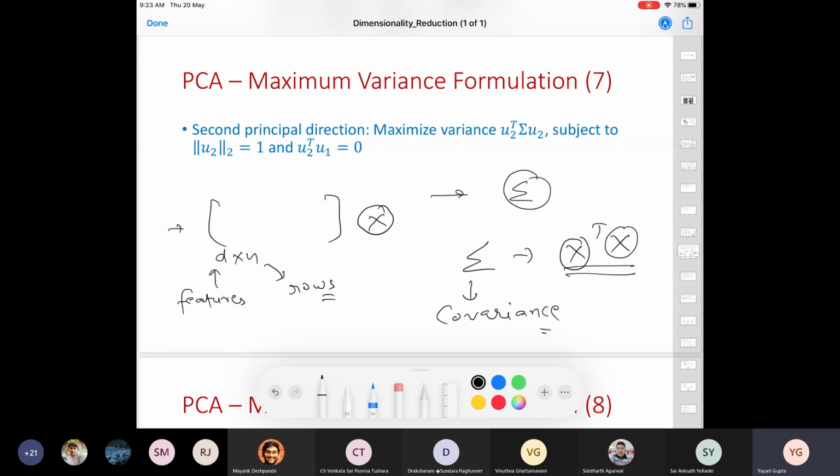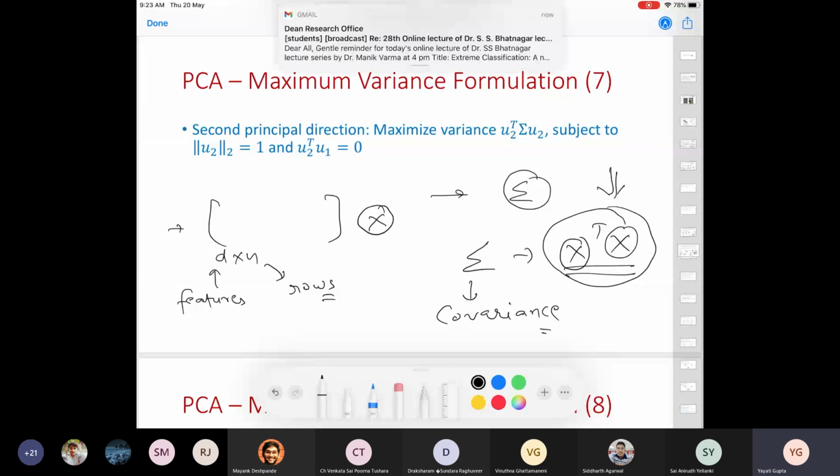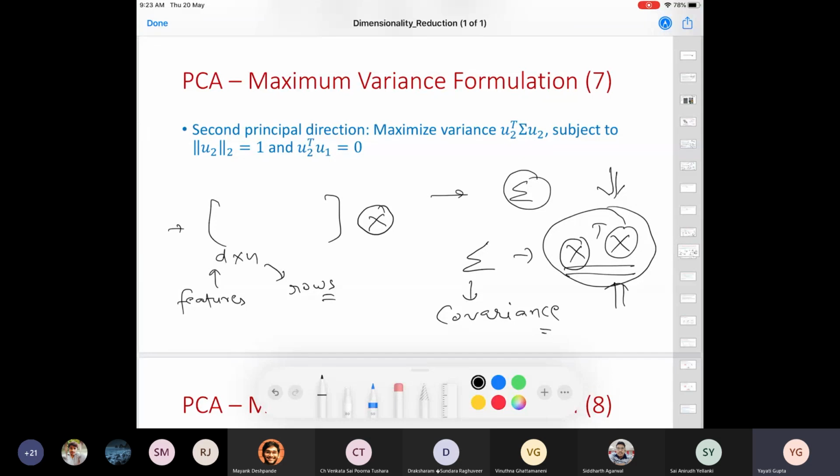Co means the same, basically. You are multiplying X with X again. So this is also called covariance in machine learning terms. Essentially, if I figure out this matrix X transpose X, this is our covariance, and we are interested in finding the eigenvectors and eigenvalues of this matrix X transpose X.